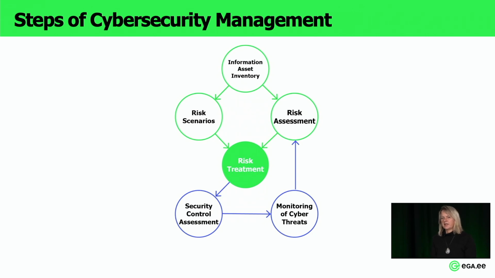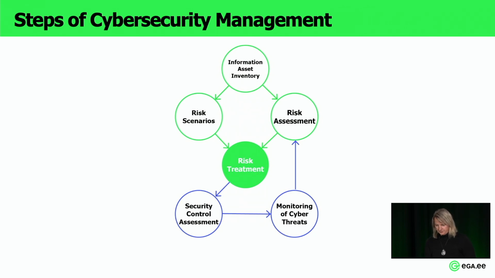And the scenarios can be used to assess how big the risk is. Once you have assessed your risks, and let's say you know which risks are higher and which are lower, then you have to treat these risks. The manual gives you options for how to treat the risk. And after that, you should monitor whether you implement these controls that you chose to treat the risk, and whether they are really effective.